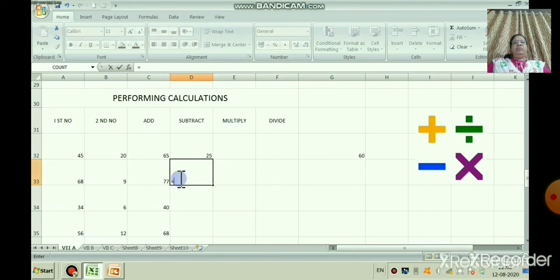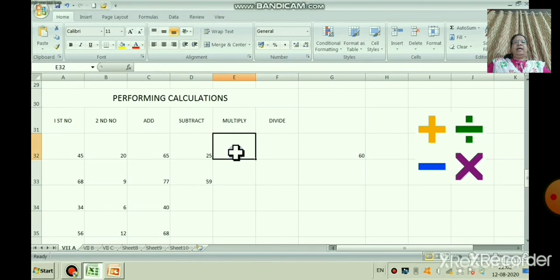Now again one more we will do, equal to sign. Remember children, always the formula starts with equal to sign. So understood, I think all of you understood, just select it and drag the mouse pointer. Now multiplication. Here the multiplication sign is different, the asterisk sign. I think all of you know this asterisk sign. In the second lesson you have learned the wildcard characters, there you have learned that asterisk sign.